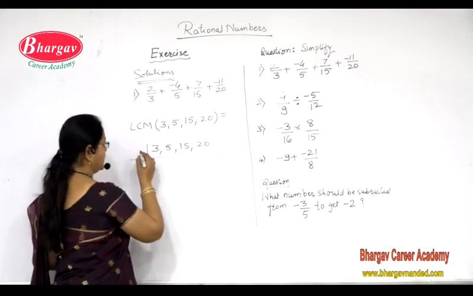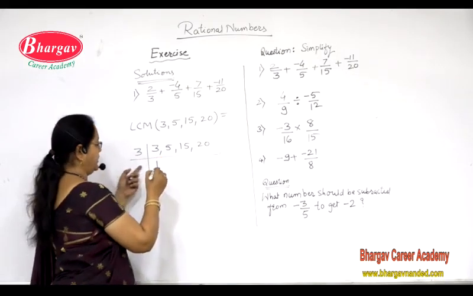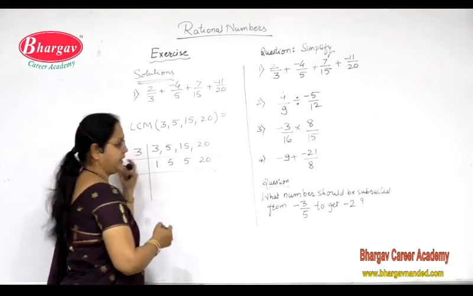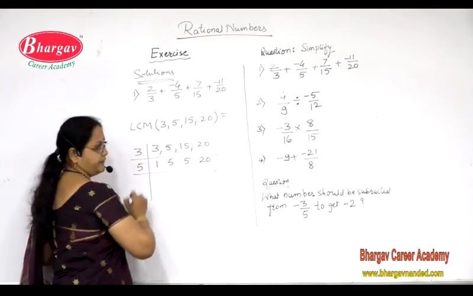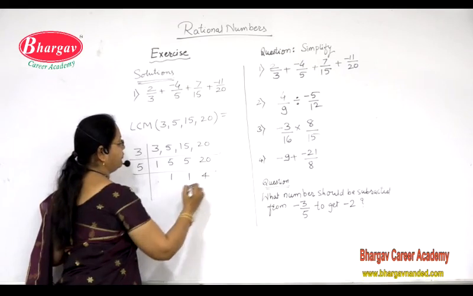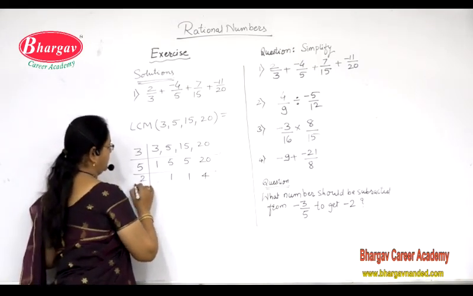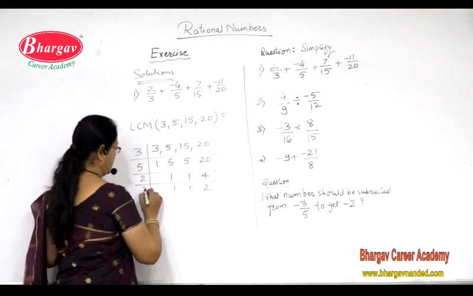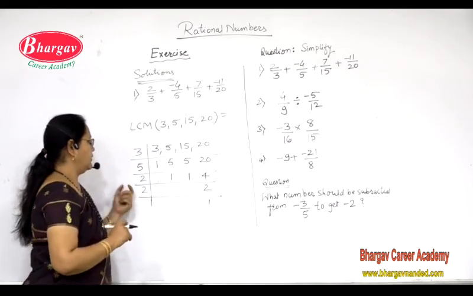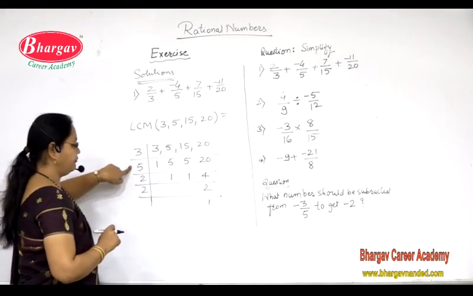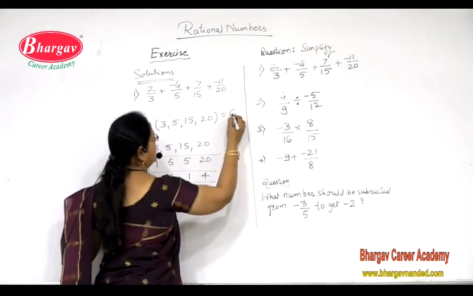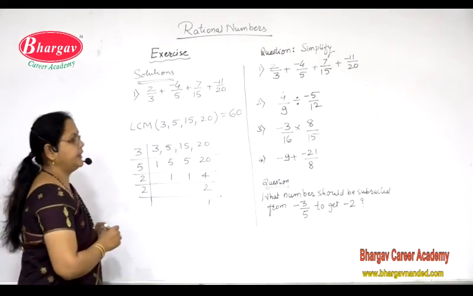You take the LCM like this. So if I divide it by 3, so it is 3, 5 as it is, 3 5s are 15, 20 as it is, because we cannot divide 20 by 3. Next, I take the factor as 5. So already 1 is here. So what I do, I make it 1, 1, and it will become 4. And for further, we take 1, 1, 2, and again it is 1. So LCM will become 3 into 5, 15, 15 2s are 30, 30 2s are 60. So the LCM of these numbers, 3, 5, 15, 20 is 60.